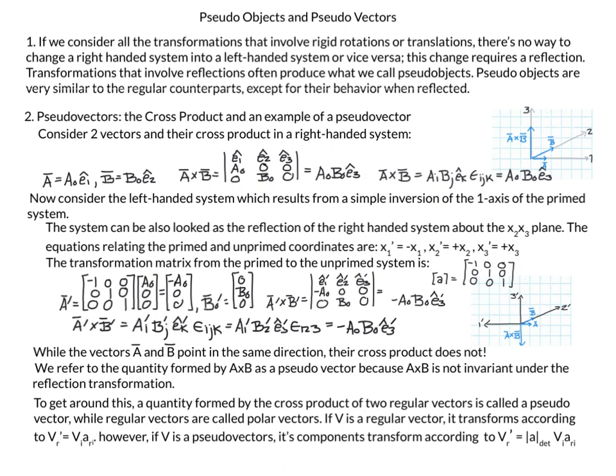And so it's not just a matter of coordinates. They're pointing in different directions. So we don't call this cross product a vector anymore. We call it a pseudovector because A cross B is not invariant under the reflection transformation. And then also, to get around this problem, I mean this cross product not equaling the cross product in the other system,